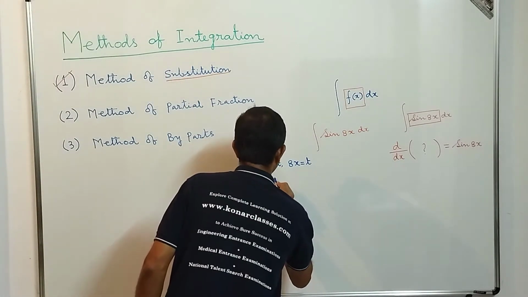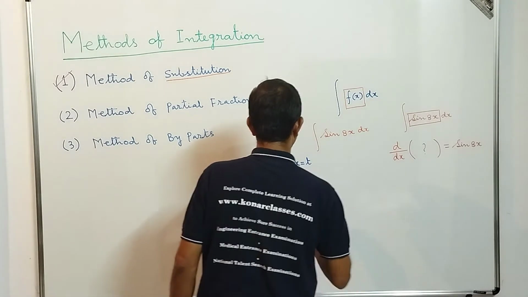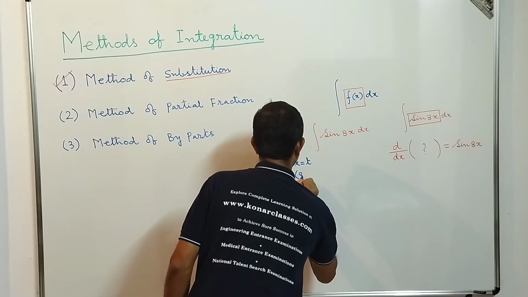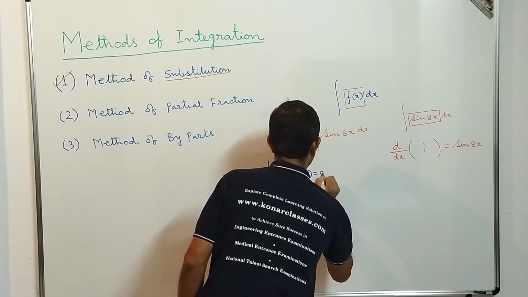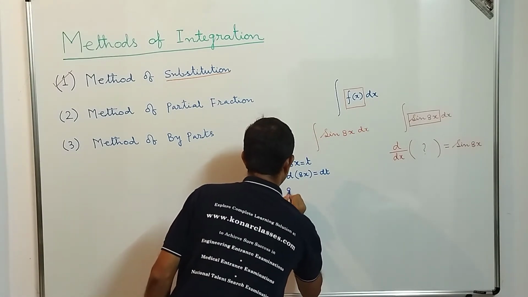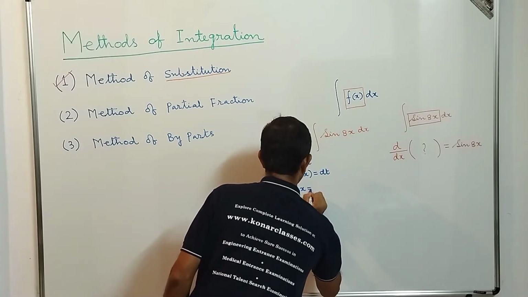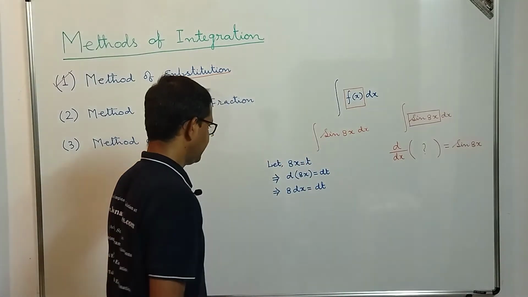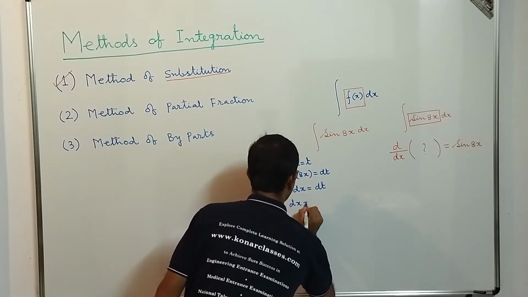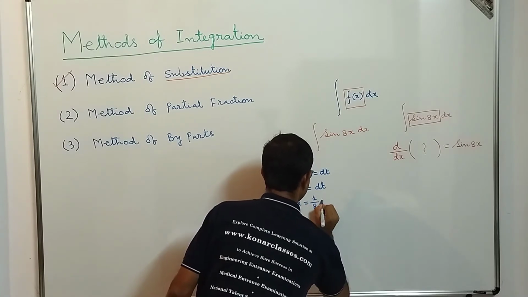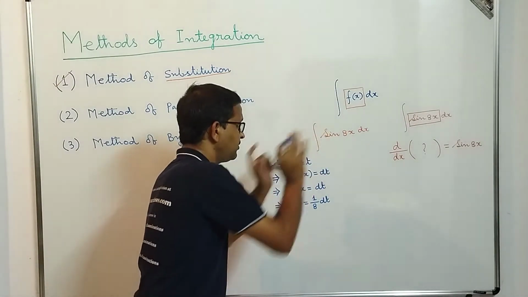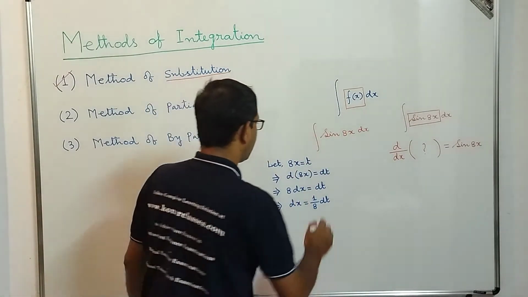Then what we are going to get, dear students, that implies that d of 8x is equal to dt. Correct? So now we know that we can take that constant out, so that means 8 into dx is equal to dt. So that implies that dx is equal to 1 by 8 into dt. So now in this integration we are going to put the value of all these substitutions.